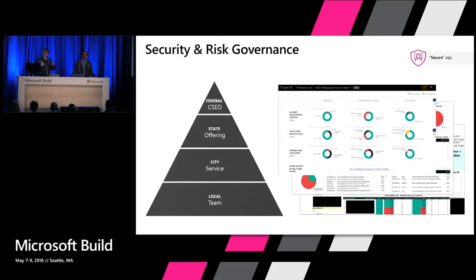And then we roll it up again and say, how do we look at this from an organizational standpoint? And so we actually meet on these dashboards on a regular basis to basically review and push down and put pressure where we need to put pressure, right? Because it is a journey.